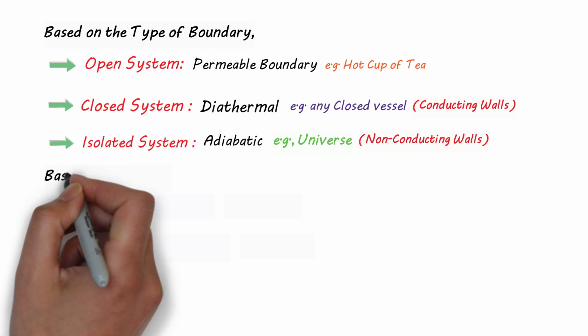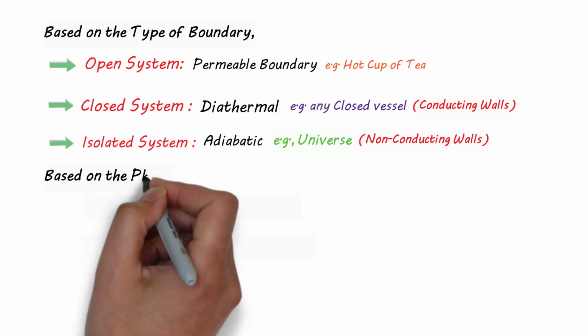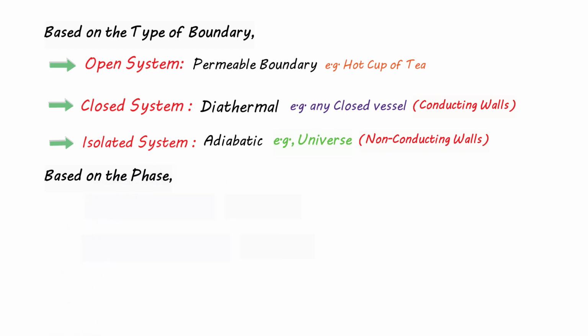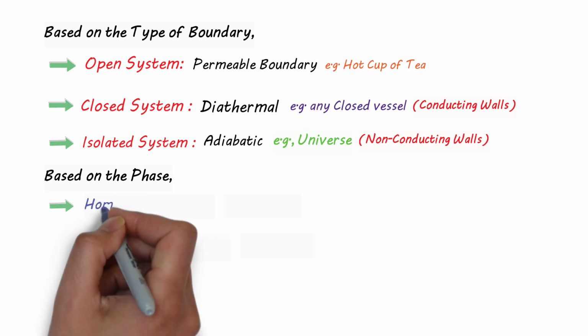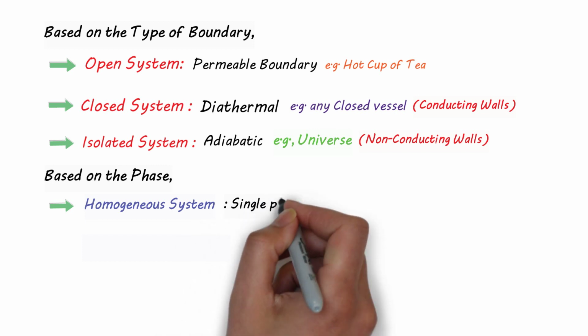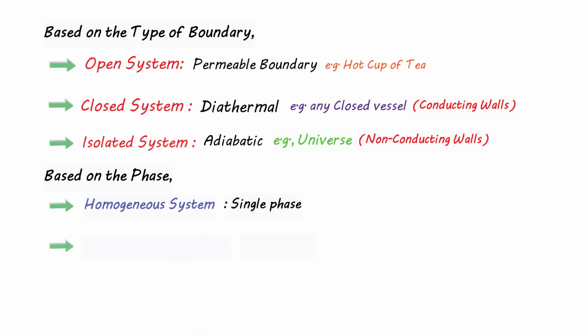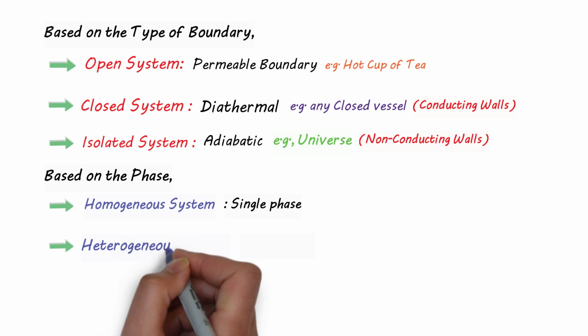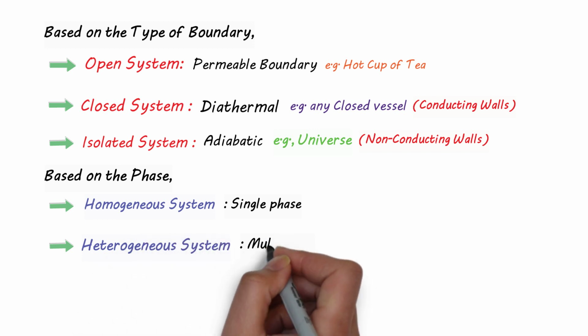That's important. Now the third classification is based on the phase of the system. We have two types of systems. One is homogeneous system, in which there is a single phase, and the next is heterogeneous system, in which there are multiple phases. So I hope you